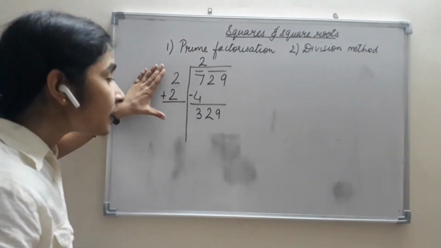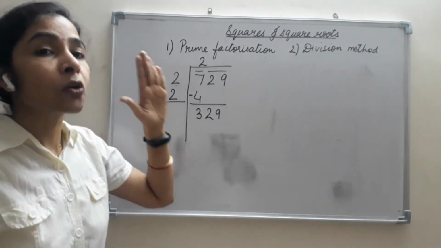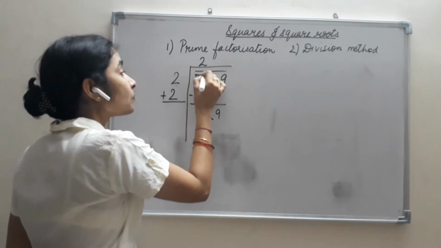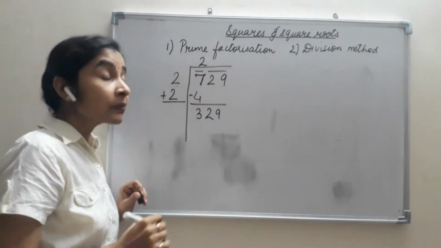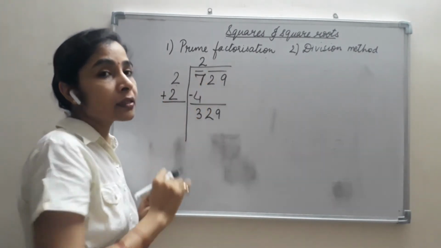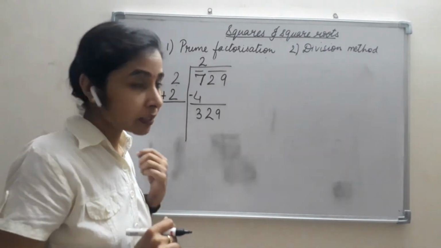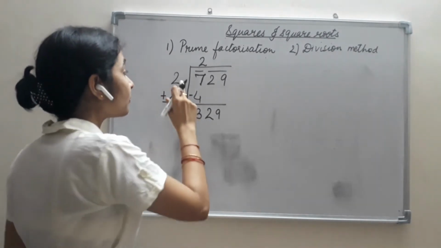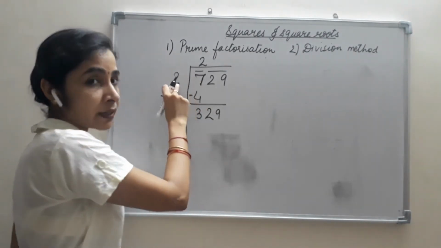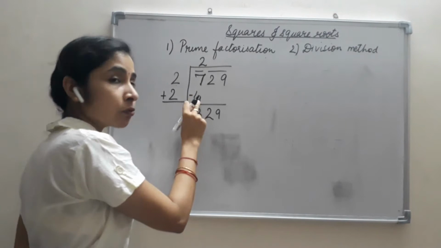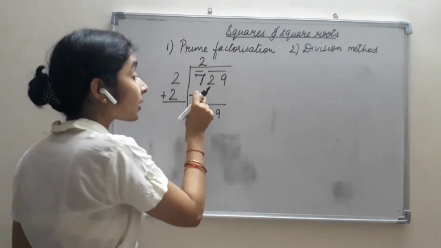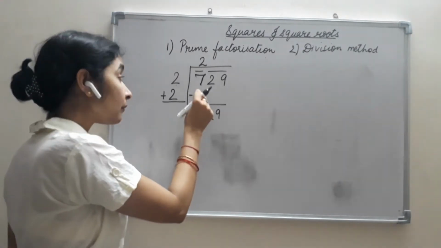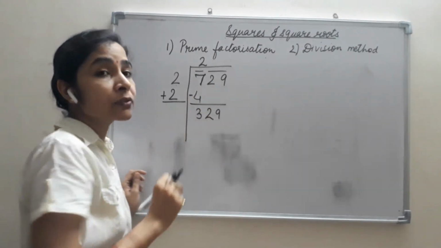So whichever number you are taking here, it's your choice. How you have to choose is the number should be a perfect square number just less than the number which is under the bar. Okay, after that we take the square root of that number, we multiply that number, we take it as a divisor. 2 2s are 4. That perfect square number should come here. Okay, so 2 2s are 4, and 7 minus 4 gives me 3.